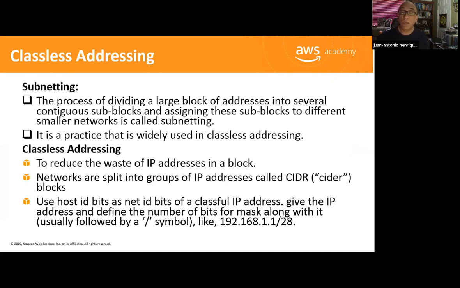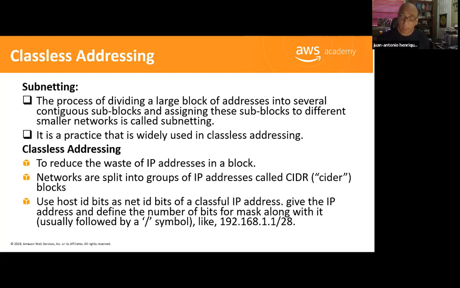It usually is followed by a slash. So CIDR notation is really a compact representation of an IP address and its associated routing prefix. The notation is constructed from an IP address, a slash or forward slash character, and a decimal number. And you see an example right here,